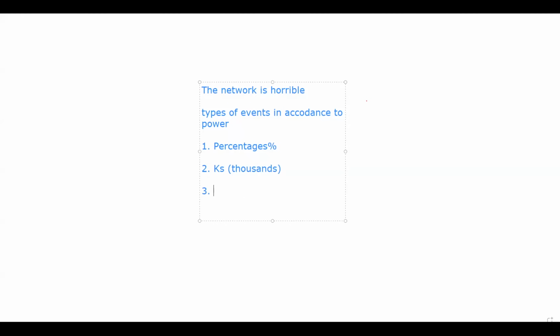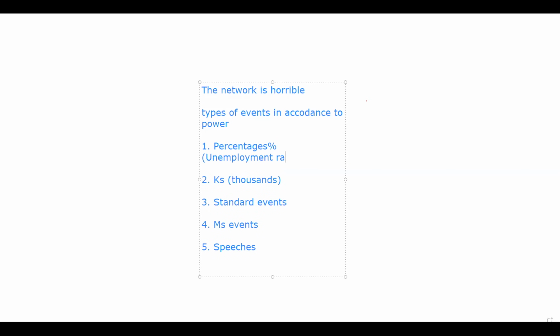And number three, in terms of power, right? I'm also going to give examples of these types of events so that you can understand. Right? So I'm going to start with percentages. An example is unemployment rate